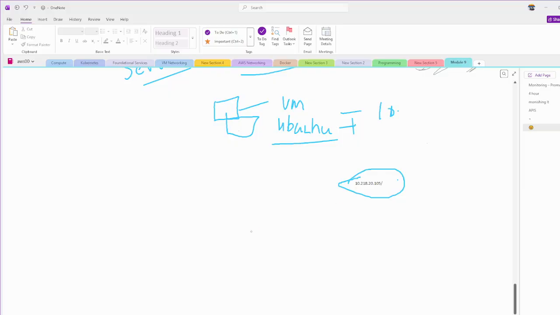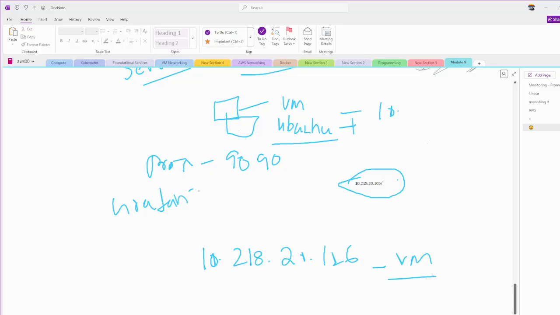Then there is one more server here, 10.218.20.126, which is on the VM part. You installed Prometheus, which will be running on port 9090, and then you installed Grafana on port 3000. This Prometheus will be capturing the details here,